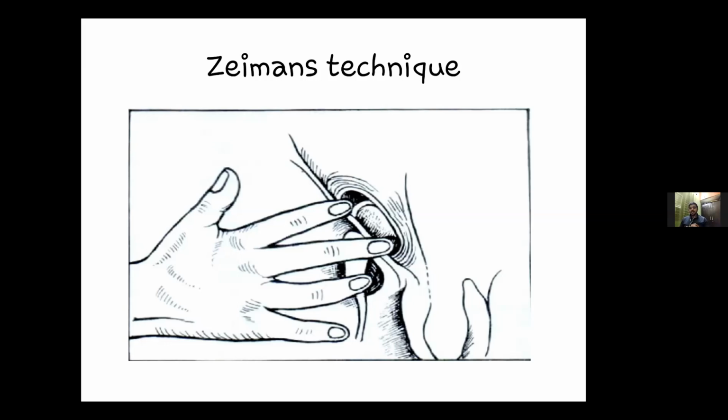The first is the cough impulse test, if it is an inguinal scrotal swelling. Very important. Next, if it is a reducible swelling, then you need to tell the ring occlusion test. Yes, sir. If you do these two or three things, then you will come to know. If the examiner asks, you should know how to do the Siemens technique and other tests. Okay, sir.